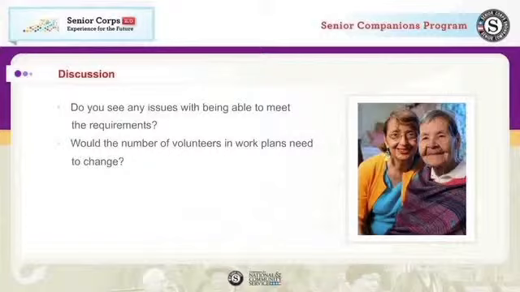So you may have volunteers who are serving in two different capacities. You may have a volunteer who's providing respite as well as providing companionship. What you'll have to do is determine where you want that volunteer to appear in your work plans, and you'll have to pick one, whether it's respite or companionship, and that volunteer would only be represented once. So that's just something that I wanted to make sure was clear, but obviously we'll welcome any kind of questions